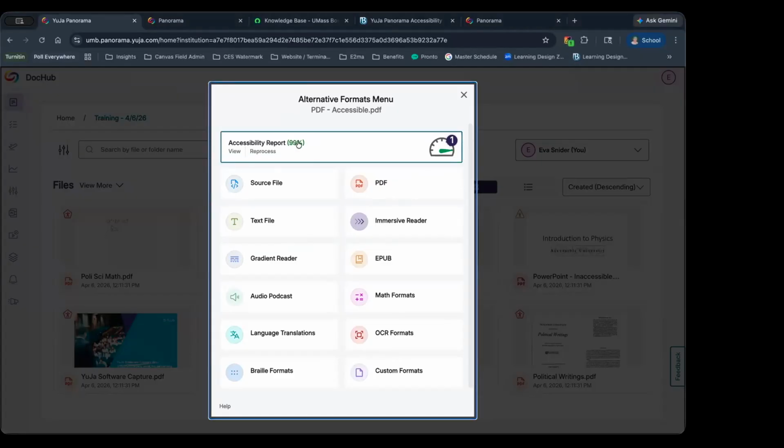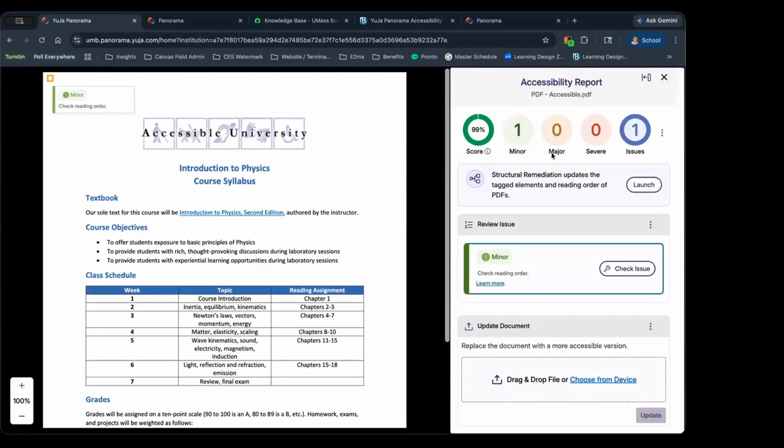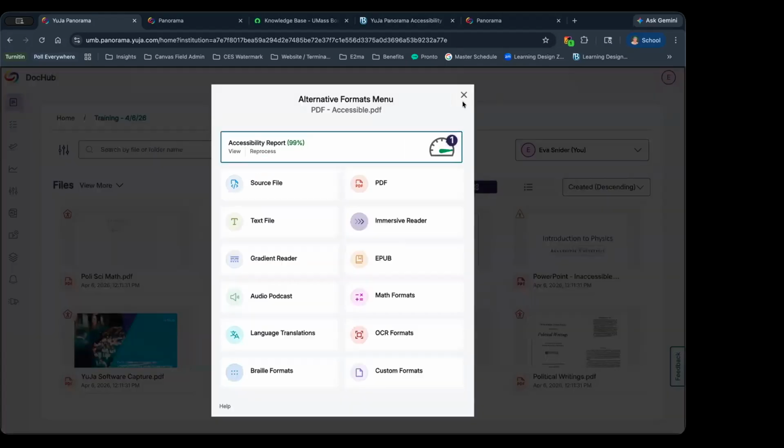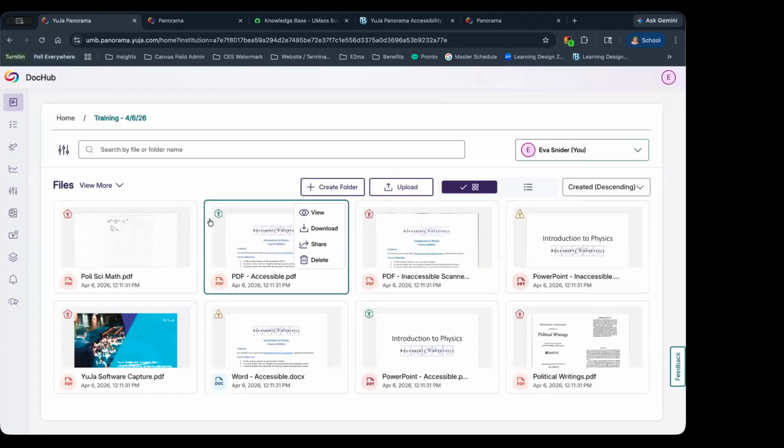We have a document here, this PDF accessible document that is 99% accessible. And if I open up the document, there's a single minor issue that needs to be addressed, but this one is being scored very highly, hence it's got the green high accessibility score.